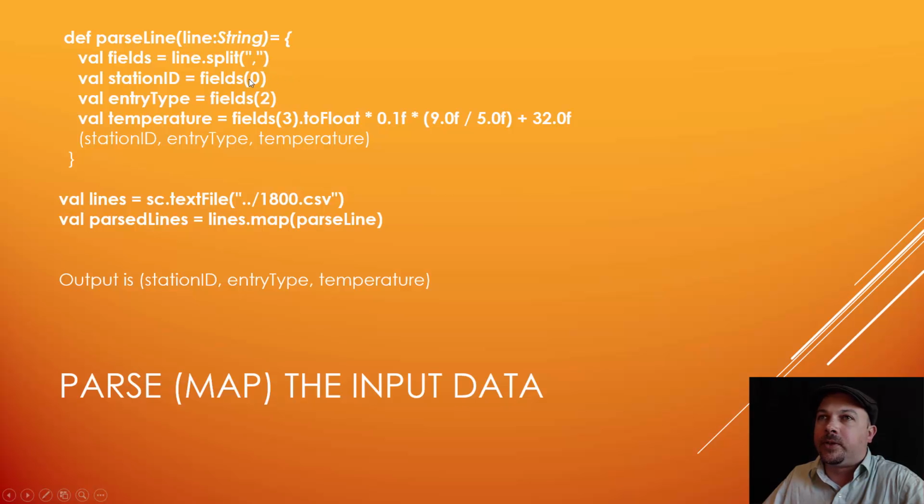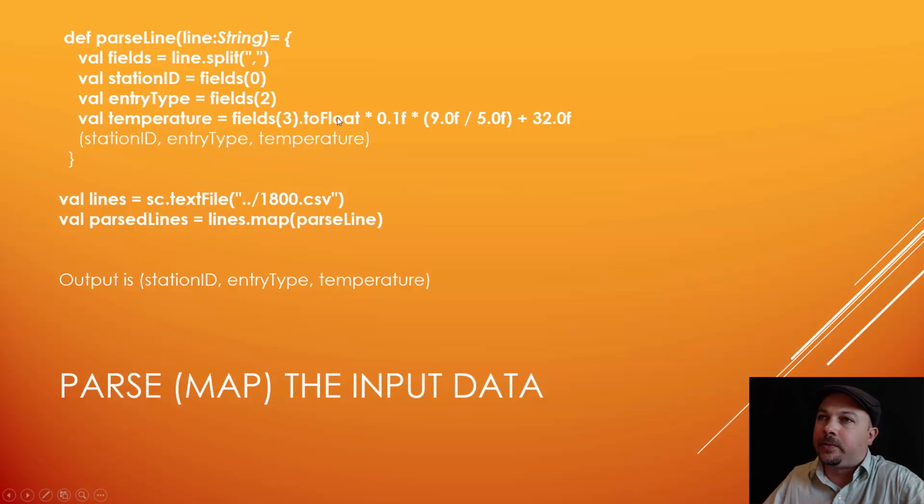So the first field is the station ID. Field 2, which is actually the third field, is going to be the entry type. So that's going to be tmin, tmax, or precip. And then for the temperature, we'll extract that from the fourth field, field number 3, convert it to a floating